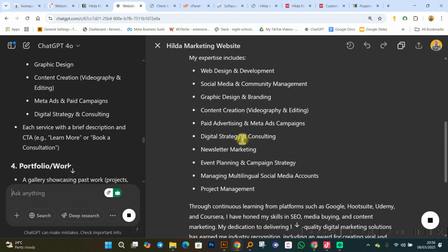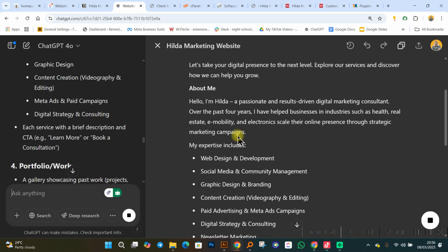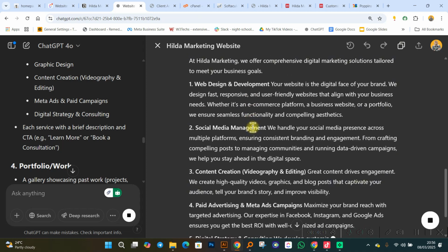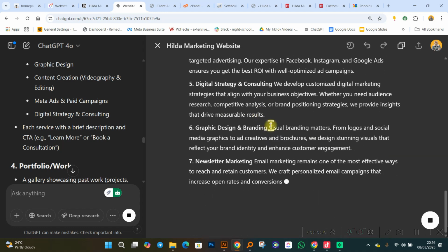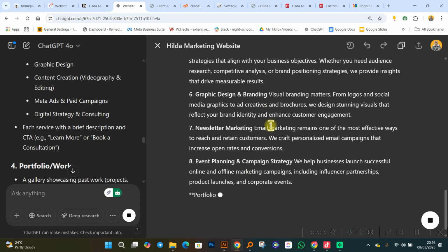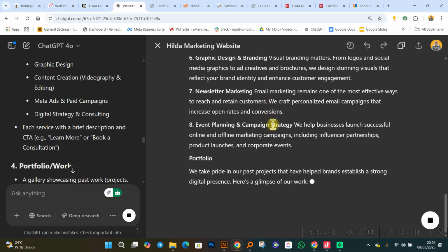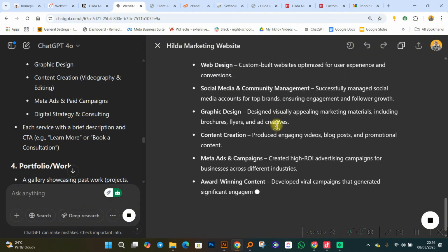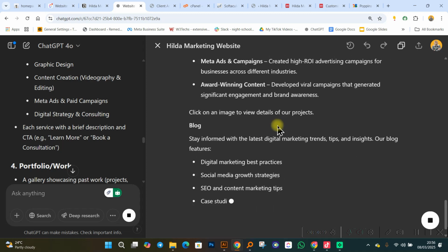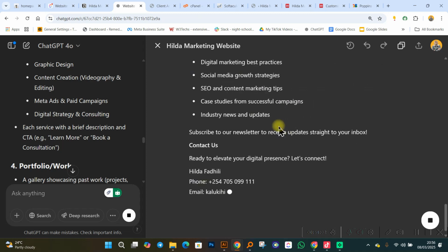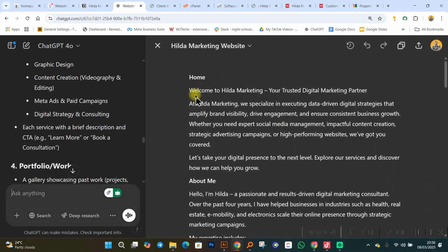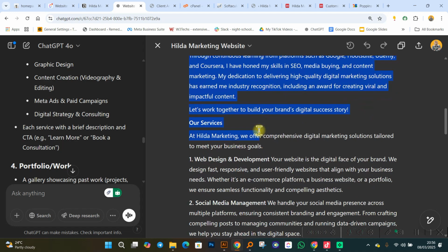So I'm trying to generate a very simple copy. This is ChatGPT, by the way. You see how fast you can work. Now, instead of taking a lot of time to probably write all this down, you can actually get to use ChatGPT to probably just generate all this particular content. Okay, so like if you look at this, for example, I can easily come and copy all this content.